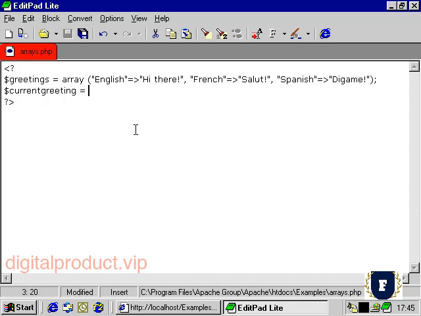Now let's say we set up a variable called current greeting, and we'll set that to each. This is the each function. Each greetings. And what that does on its own is it takes the first element it comes to and it outputs an array which we've called current greeting, and this is also an associative array. But this associative array has only two elements,